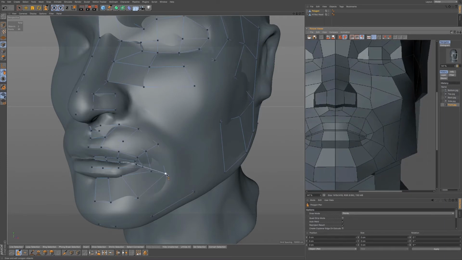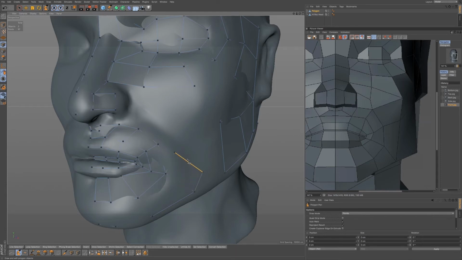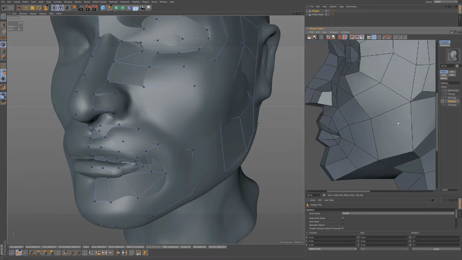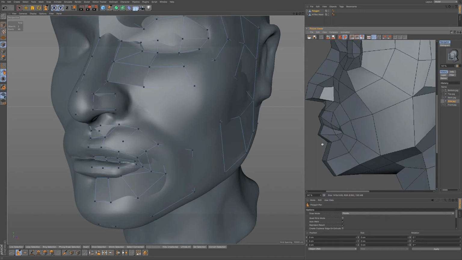So I think we're in good shape. Let's take a look down here. We have this corner here. So let's pull this up. Command click and drag. Now does this connect to this one here? Let's look at our side. Let's take a look. So it looks like